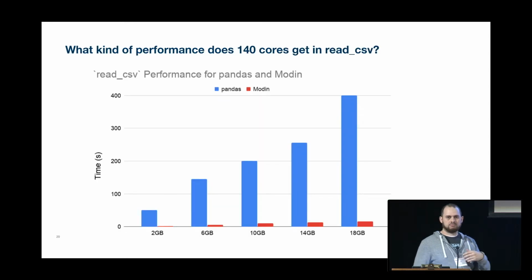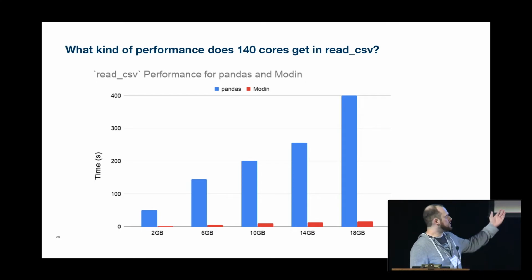And so read_csv is basically the most commonly used data ingest method of pandas, and it's also one of the biggest bottlenecks. It usually takes significantly longer than any individual computation that you do after that. Primarily that's because of the parsing involved in read_csv. And pandas has a really good CSV parser. The CSV parser is really robust, but since it's working on a single core, it's not necessarily fast.